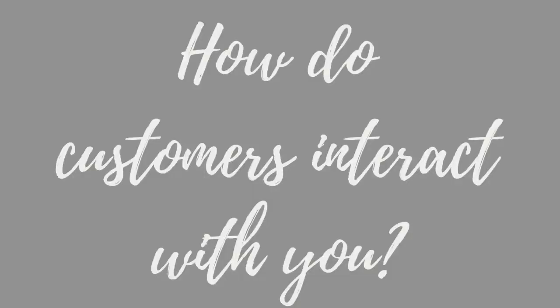Now, these rows are give or take. You can move some, you can expand some, you could smush some, you can make them bigger, but these are the standard rows that come out in most user journey maps. What are some of the touch points and channels that your customers use to interact with you?